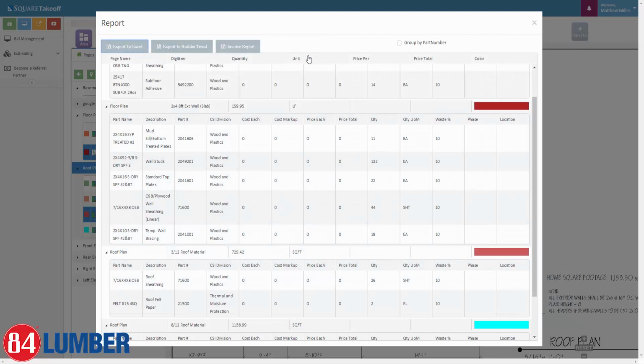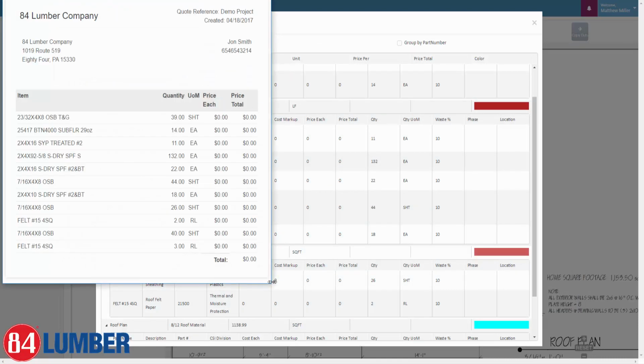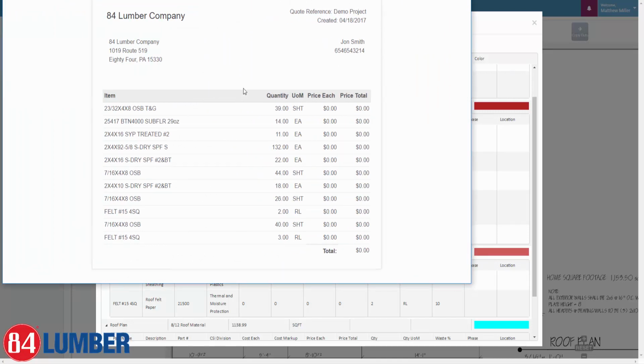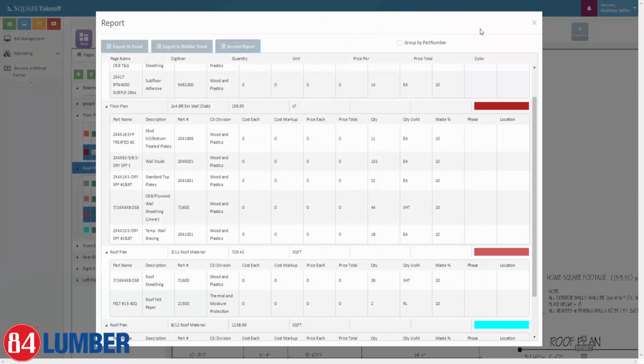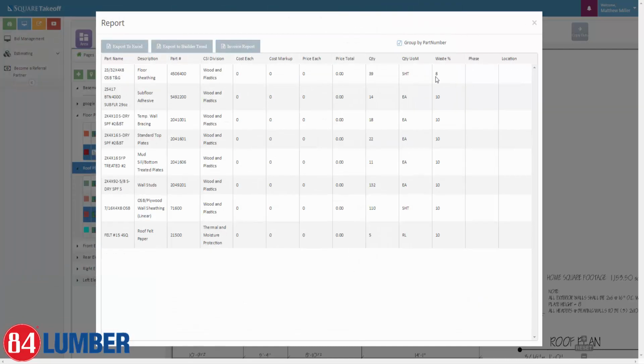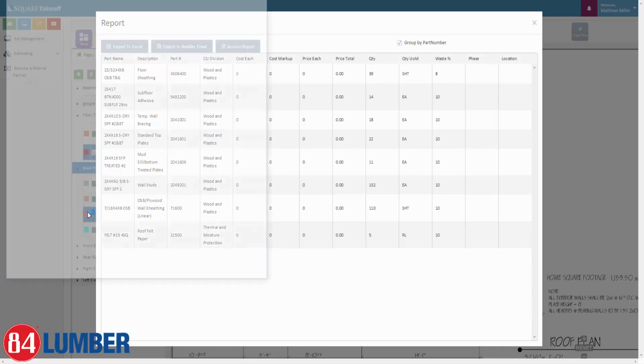Once again, invoice report. If you want to kick it into an invoice report, you can also do that. It's very raw. It does not contain the item number at this point in time, but it does contain the quantities here. So if you want to look very quickly at those quantities, you can do that. For example, we have 15 pound felt. If you want to combine these items into one group, you can always do that too. Select group by part number, and it will group those together and quantify those together. Once again, hitting the invoice report,